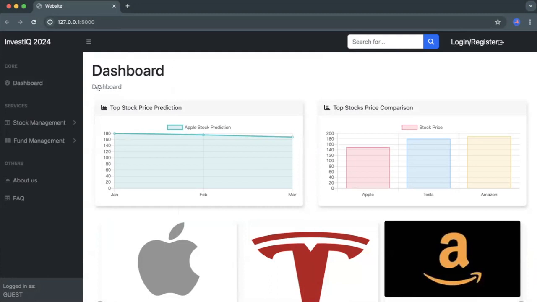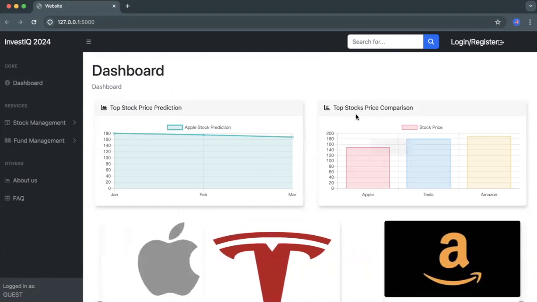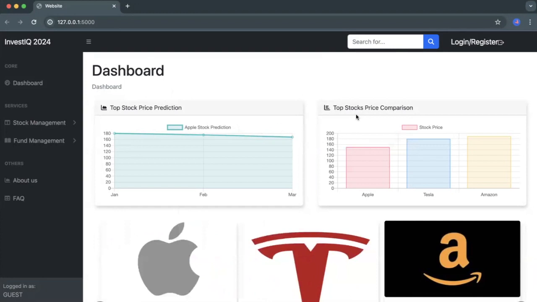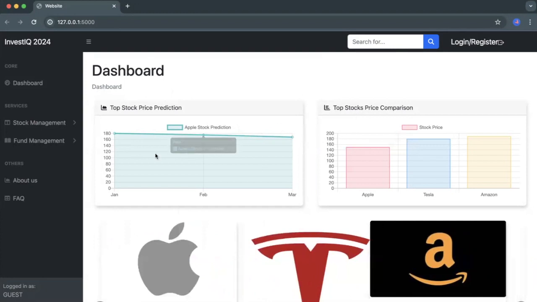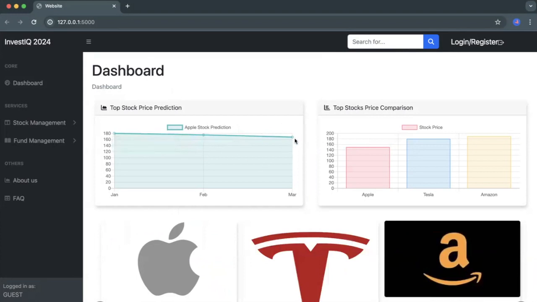As you can see, as a first-time user, when you first open up our app, the first thing you notice is the top stock price prediction and the top stock price comparison. So we have generated our algorithm to display the top stocks of the day based on the data that we get from Alpha Vantage API to display the stock price prediction. Hence, over here you can see our linear regression model for Apple stock, and alongside we have our top stocks